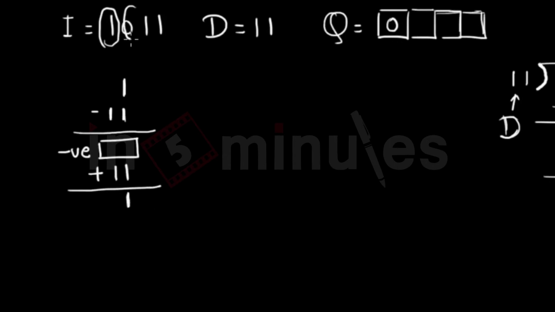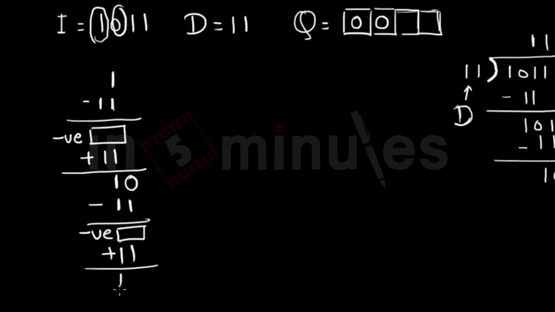Next time we pop up this 0. 0 is popped up. Again we subtract the D from it. Again we get some negative value. So again we put a 0 in a quotient. Again we restore it, we get 10. Now we have 101 after having this 1 here. Now this time when we subtract it, we get some positive answer, that is 10. Then we put quotient as 1. We don't restore the thing again because we have got some positive value.